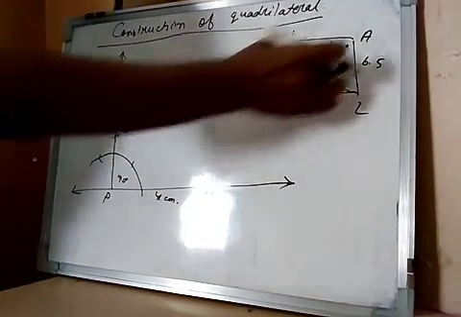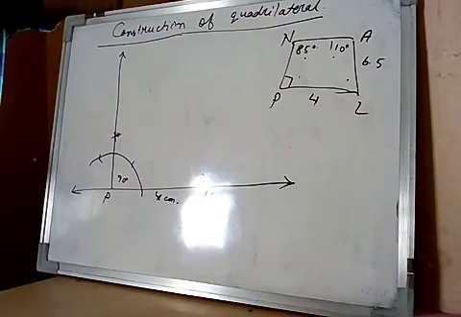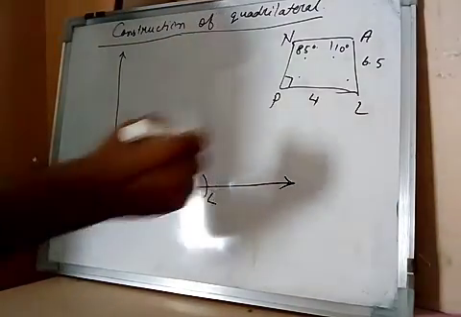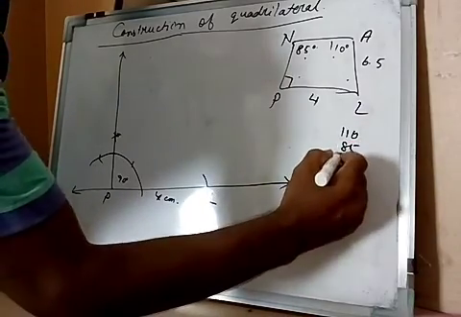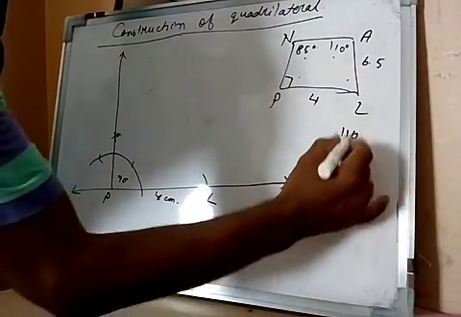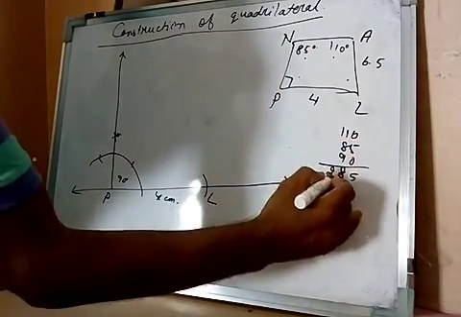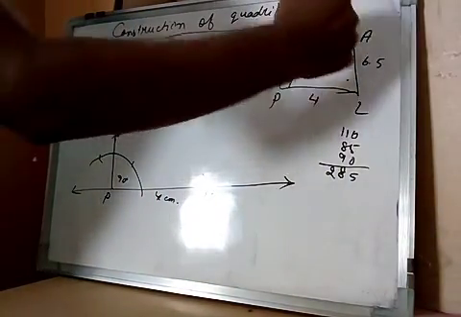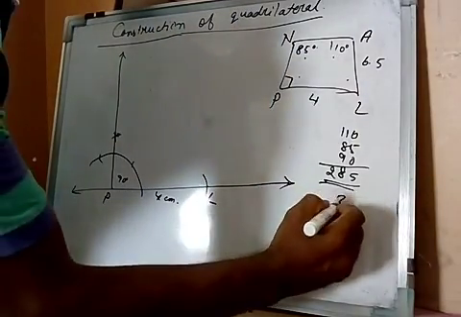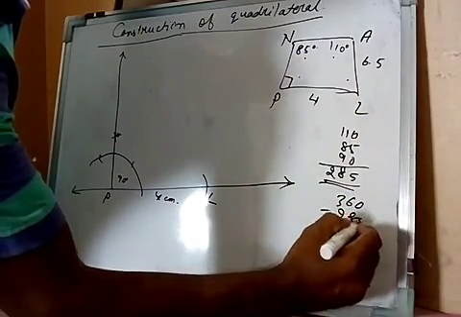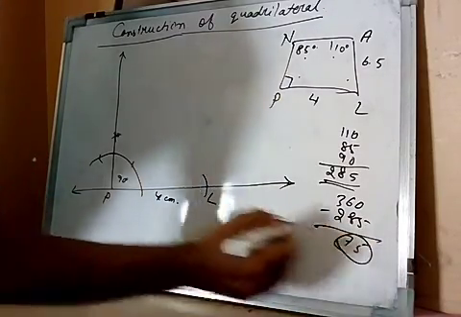But we know in this quadrilateral, three angles are given. Can we find the fourth one? This is called the angle sum property of the quadrilateral. So the sum of the three angles: 110, 85, 90 is 285. The complete angle is 360. Out of that, 285 is the sum of the three angles. Then the remaining fourth angle will be 360 minus 285, that is 75. Now 75 degree is this angle.